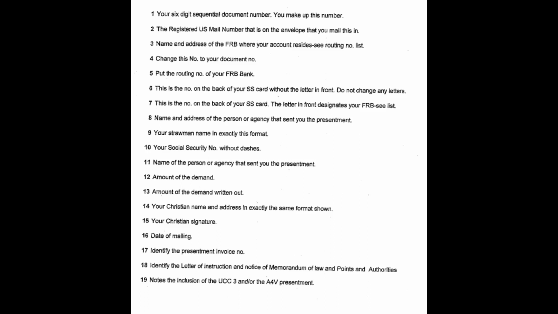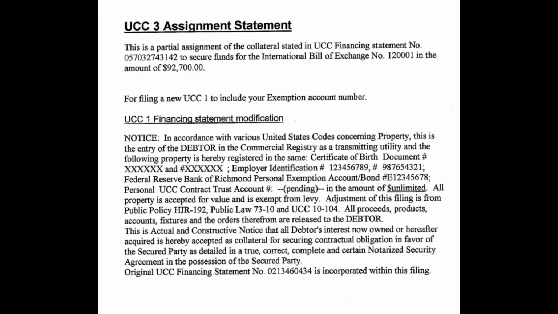So your 6-digit sequential document number, you make this number up, and that's going to be whatever you name your document. It could be 00053, whatever you want, right? So the registered U.S. mail number that is on the envelope that you mailed this in, you definitely want to get that on your documentation too. That's going to be proof of, I mean, not necessarily proof, but you want to keep everything listed as exhibits, if you will, right? So you want to go ahead and keep good records and label each document with maybe a letter and a number,